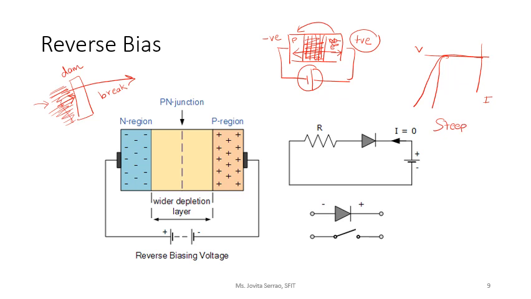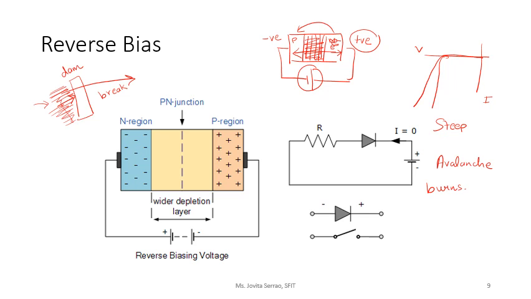We have basically two types of breakdowns, avalanche breakdown and Zener breakdown. But this word avalanche comes from the English word avalanche. So that is when there is a snow avalanche or there is a landfall, there is nothing you can do to stop it. So the current is going to continuously flow till my diode burns out.